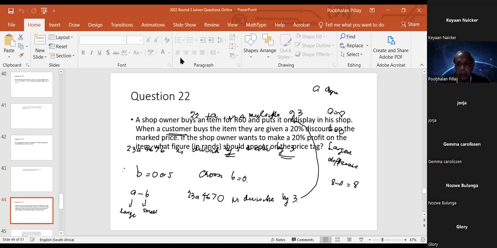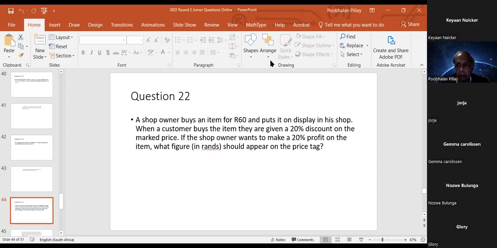It's problem number 22. A shop owner buys an item for 60 rands and puts it on display in his shop. When the customer buys the item, they are given a 20% discount on the marked price. If the shop owner wants to make a 20% profit on the item, what figure in rands should appear on the price tag? It looks like a very complicated problem. But if you break it down,